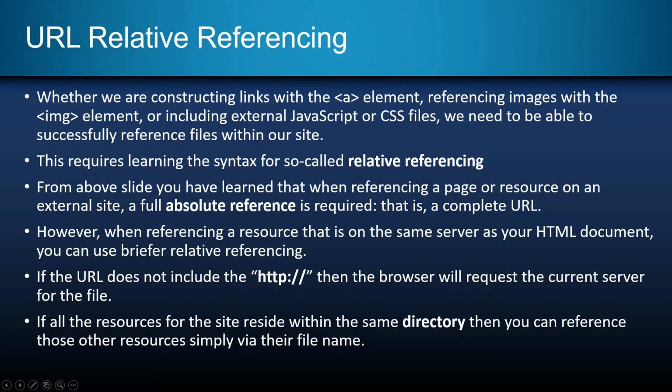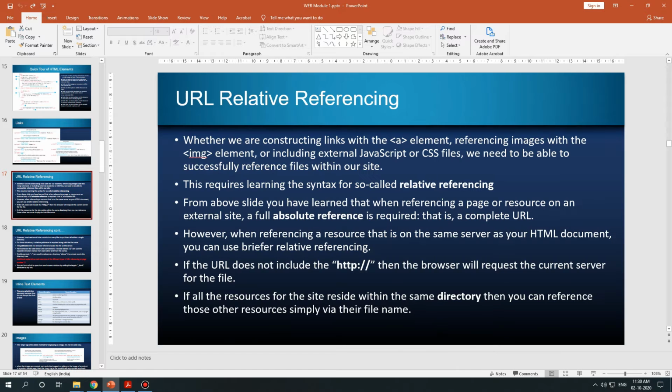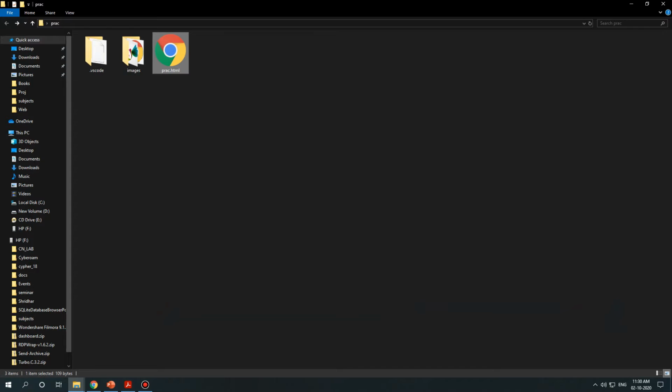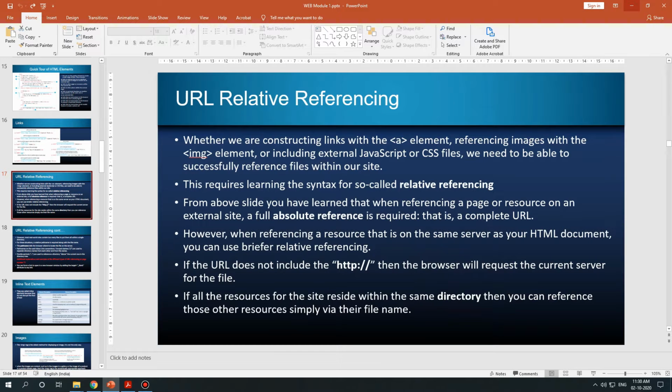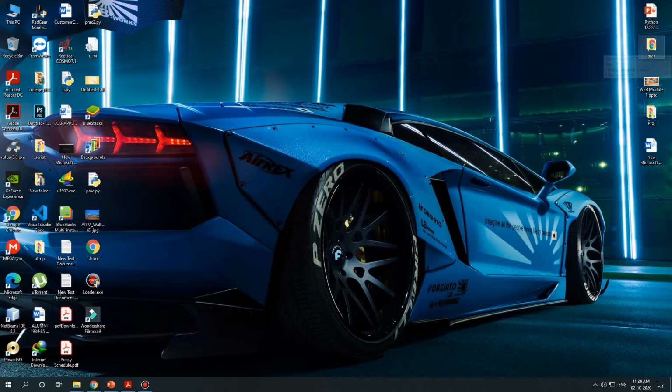Now if all the resources for the site reside within the same directory, then you can create a reference for those resources simply via their file name. How? If that file is present in the same directory, see, I have a practice folder on my desktop that you have already seen.